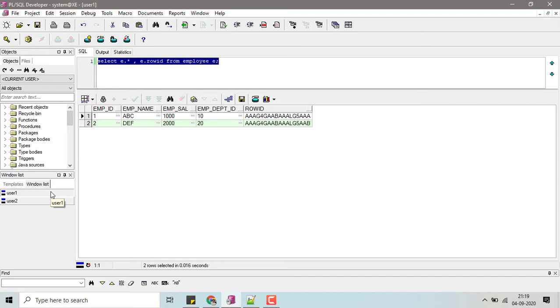Now I have added the records, but by some mistake I entered the wrong employee name. So I want to modify that employee name. I will open the lock again, and every time ROWID is mandatory here. So I will open the lock and modify the employee name.